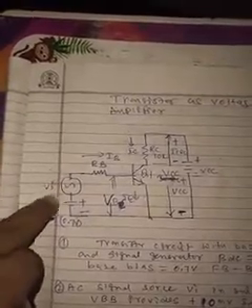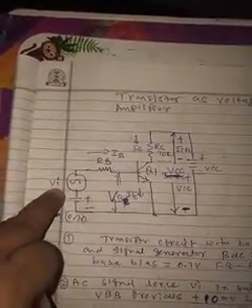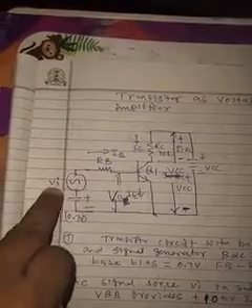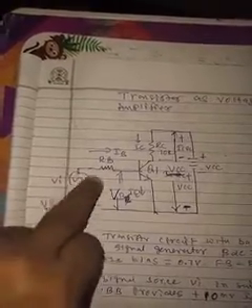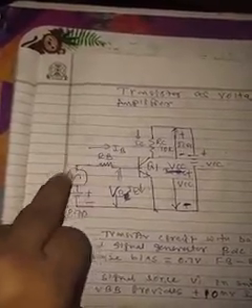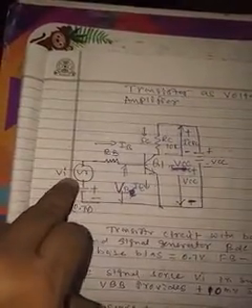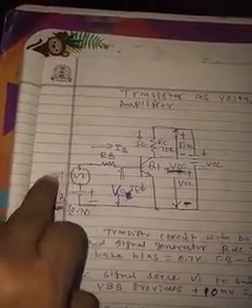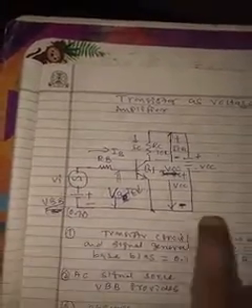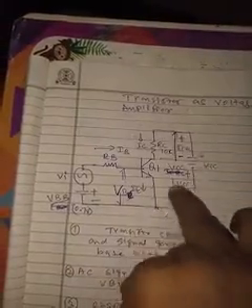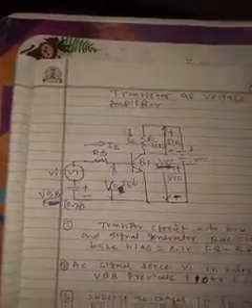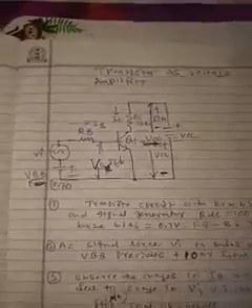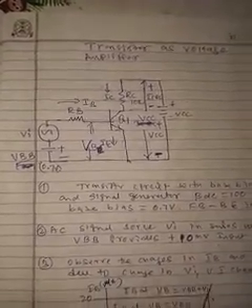One more, that is VI. So here you can see VI, nothing but the input signal. Here we are applying an input signal, that is the voltage. I stands for input, V is the voltage. This input voltage we have to amplify and get the output in this circuit. So that is the amplification of the voltage in the transistor amplifier.